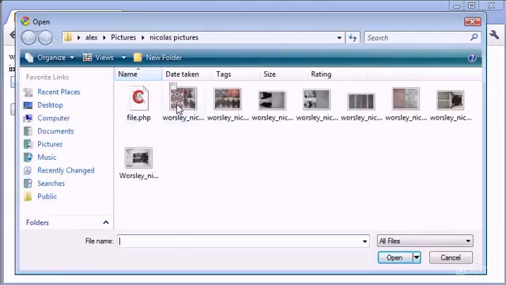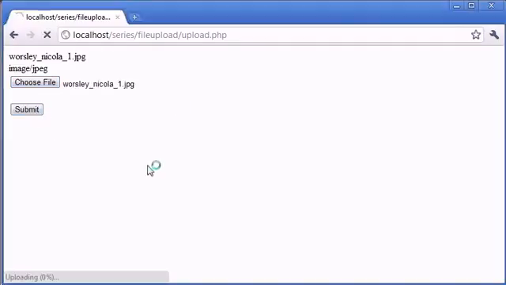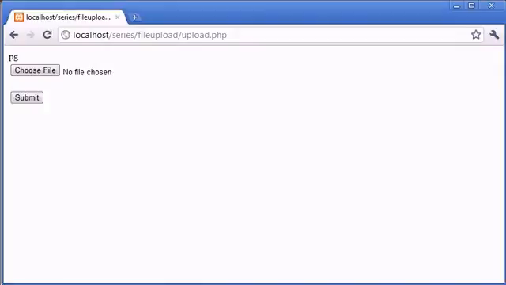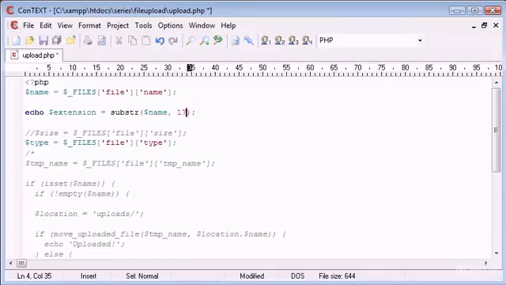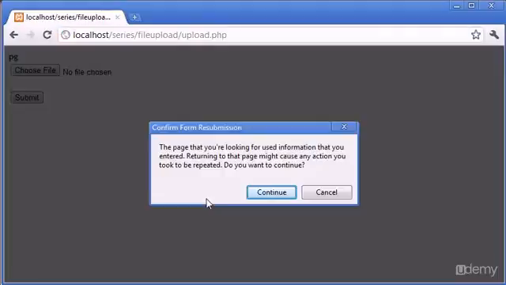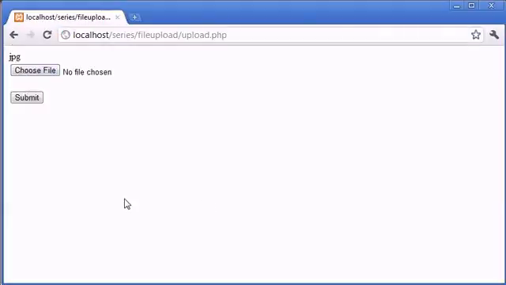So we'll choose this file, click submit, and oh, okay, maybe not. Yeah, it'll be 17. Sorry. Okay, so let's refresh. So we've got JPEG. Now we've achieved the result that we want. However, we need a dynamic way of choosing